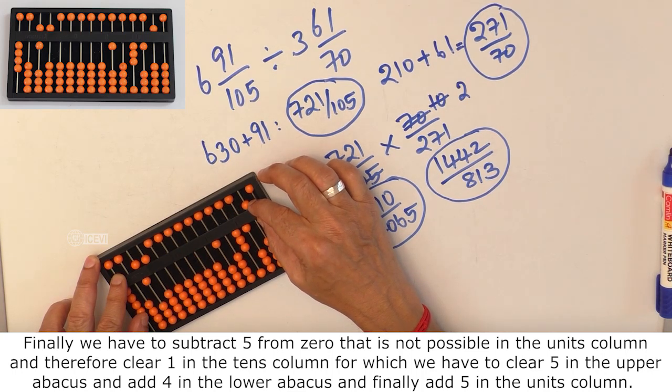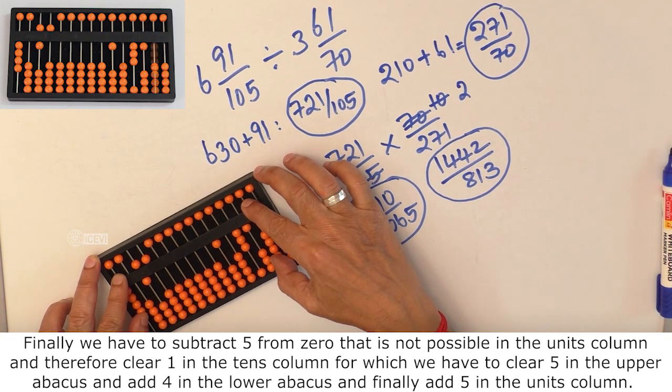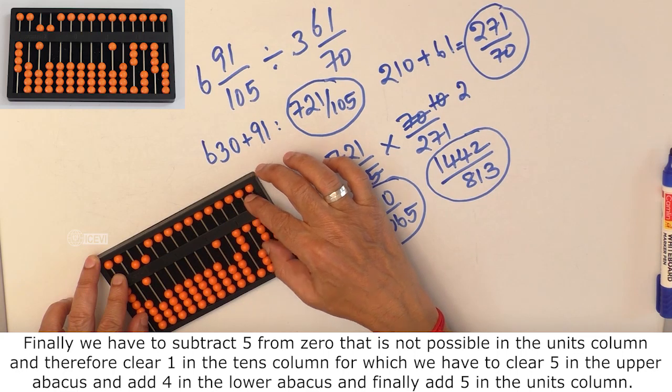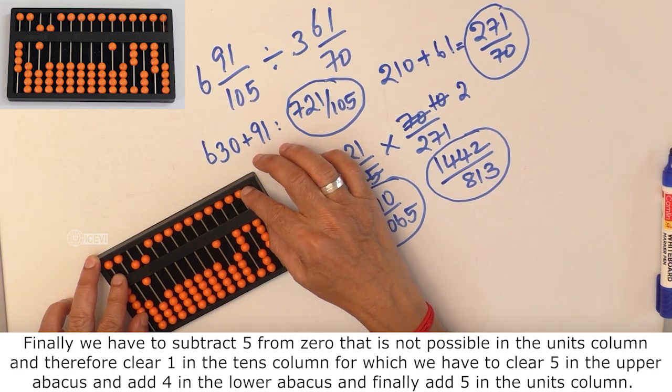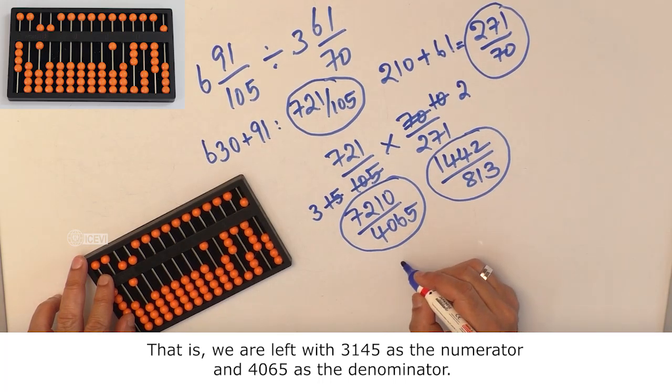That is not possible in the units column, and therefore clear 1 in the tens column, for which we have to clear 5 in the upper abacus and add 4 in the lower abacus, and finally add 5 in the units column. That is, we are left with